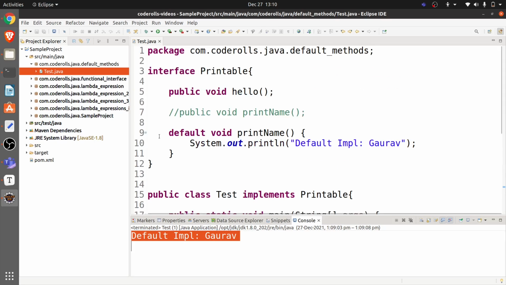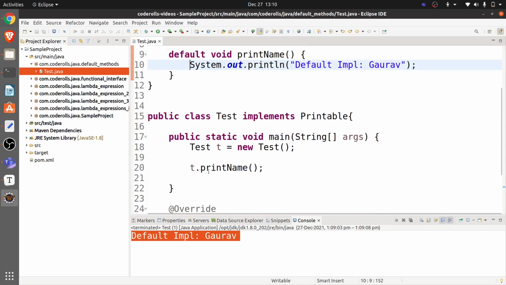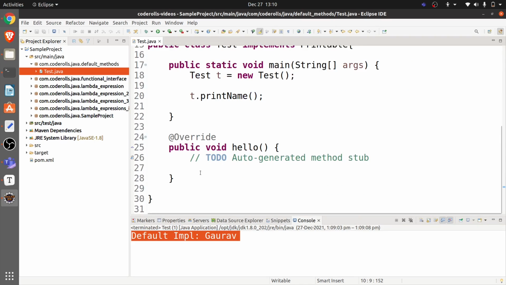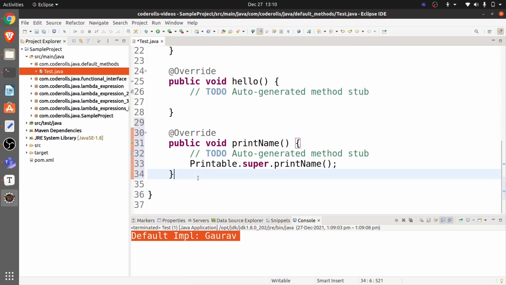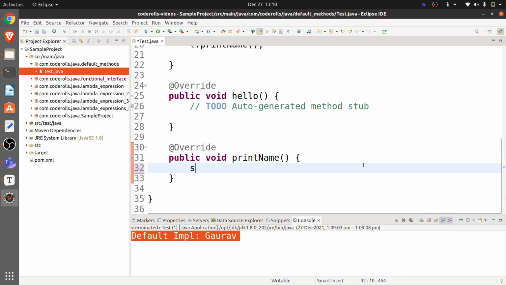And this is how the default method works. But now I want to provide my custom implementation. So what will I do? Similar to the hello method, I will override the print name method. So print name, I will override it, and let's say I will add a sysout statement.